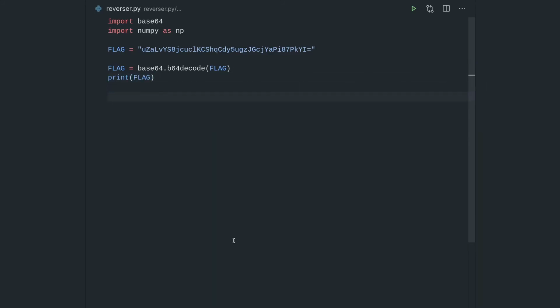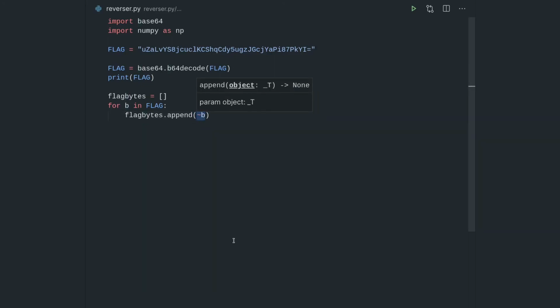Next thing we can do is we do the flipping, so I'm gonna say flag bytes, do a list here, and we can actually just go over them. So for each byte in flag, we're gonna say flag bytes append